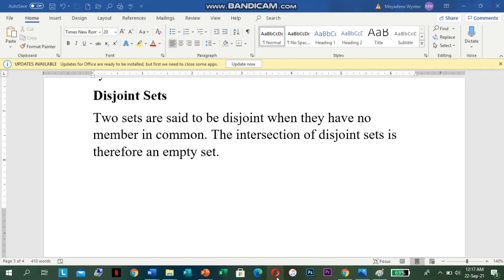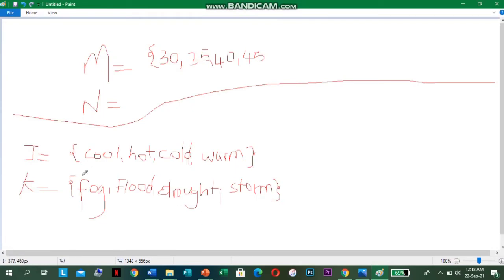All right, the intersection. So there is nothing in it. See the intersection, nothing in common. So nothing that is in J is in K. Nothing that is in K is in J. So it's an empty set there. So for example, I write it like this: J intersect K is equal to an empty set. Or I can write it like this: